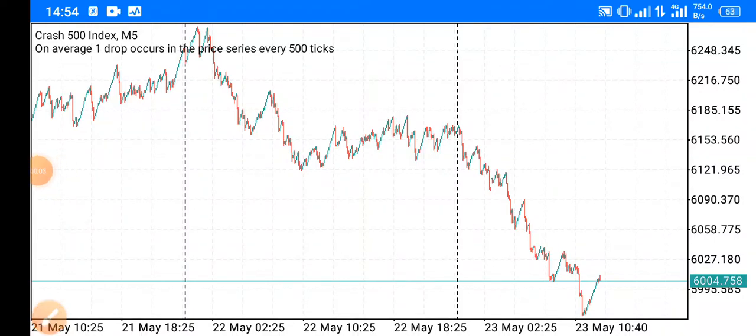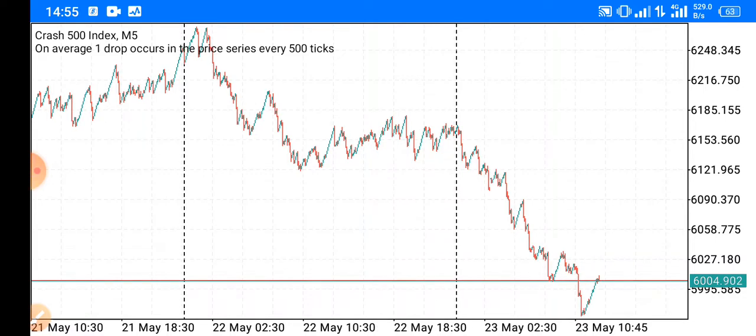So in today's video I'm going to be showing you this simple and easy to follow strategy with very few rules that you're going to need to follow, but you're going to make big money using this strategy. It's a spike strategy, so we're going to be using this to catch what? To catch spikes. But the same strategy can also be used to trade ticks, but I'm going to save